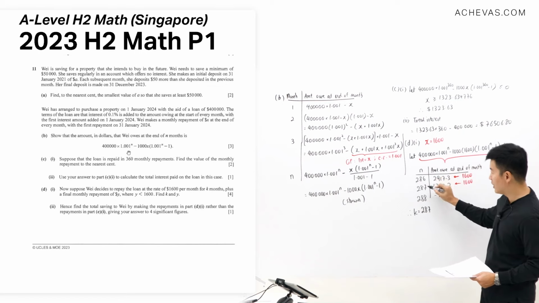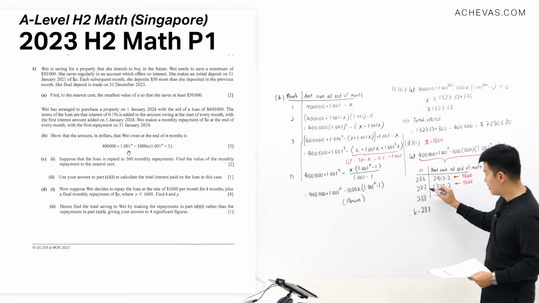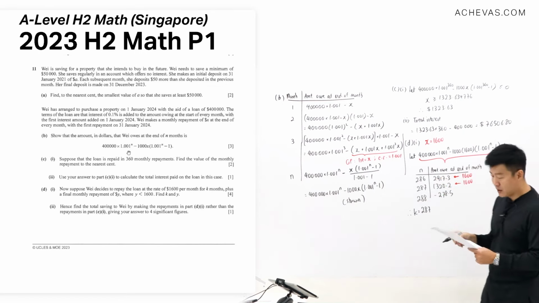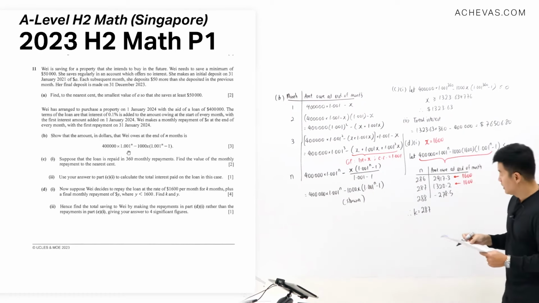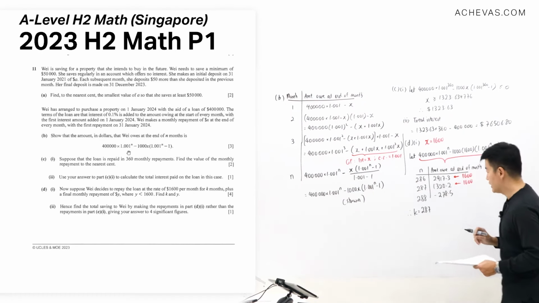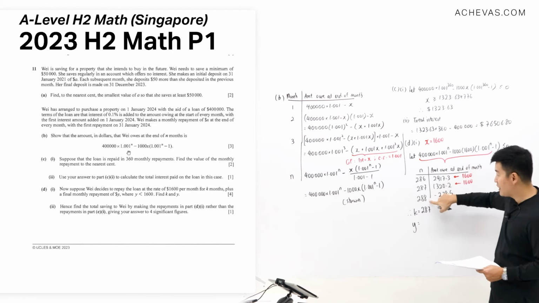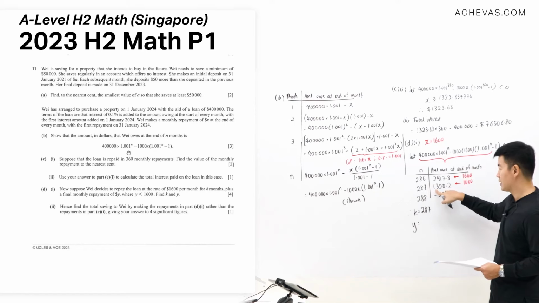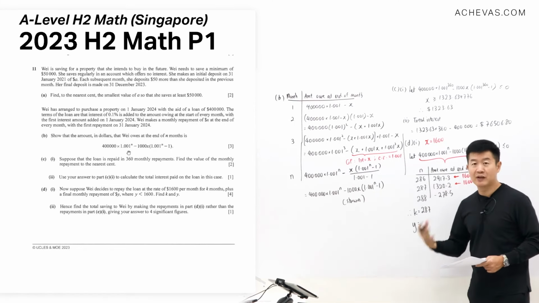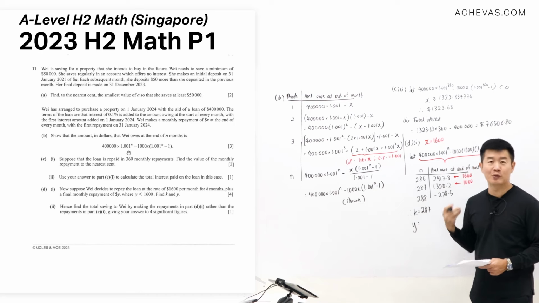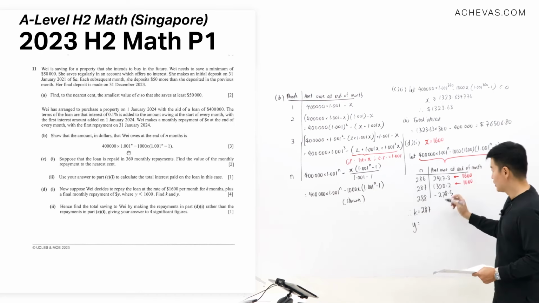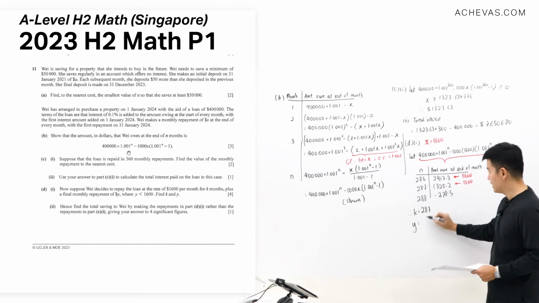Okay, this will be the number of repayments that she will be paying back $1,600. So we do want to be careful about this. And as for the amount of money that is repaid back during the very last month, that will not be this amount, because she will only be paying back at the end of the month, which means that in the beginning of the month, she will already be charged the interest. So the amount of money that she will owe will be this